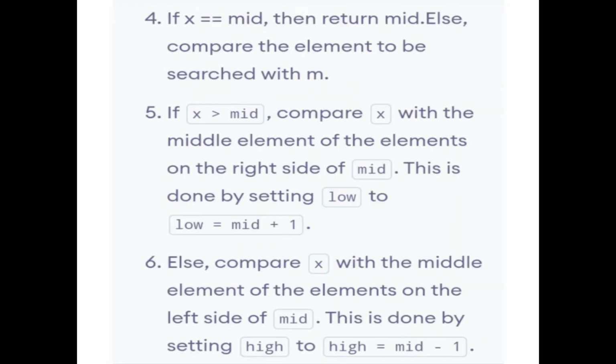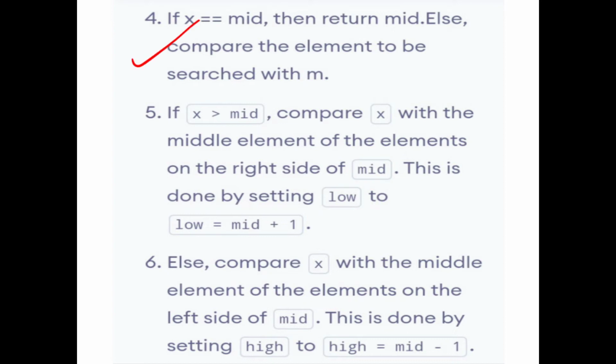Then after that, follow some rules. This is a very important point in binary search. First you concentrate on whether it is a sorted array or not, then point the pointers, then find the middle position, then next compare the key element with the middle element. So there are three rules.